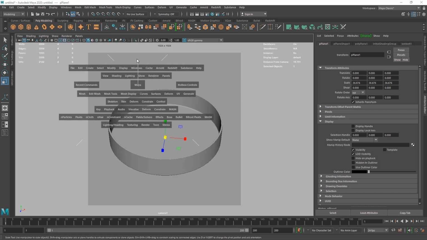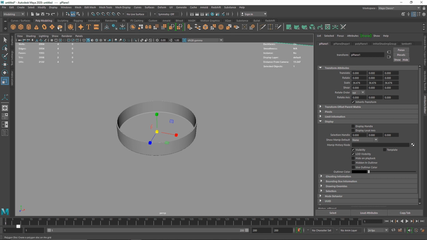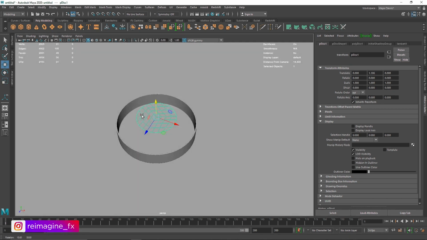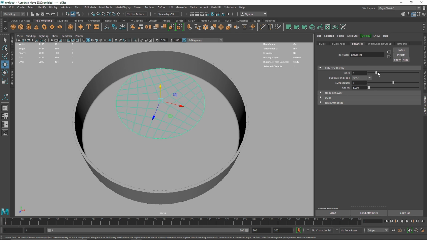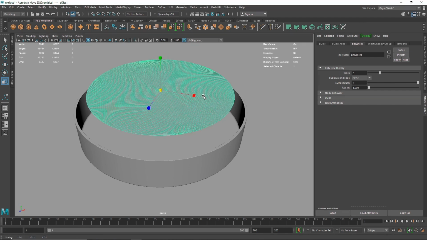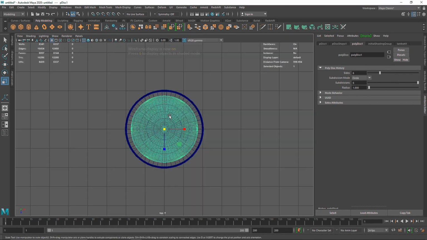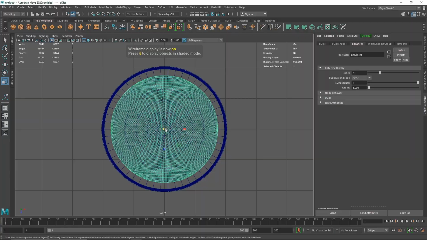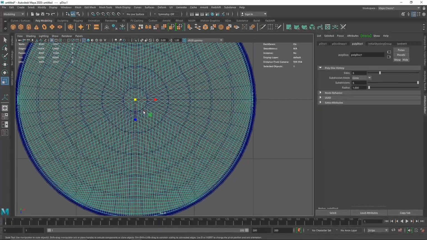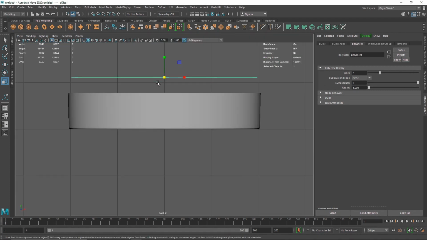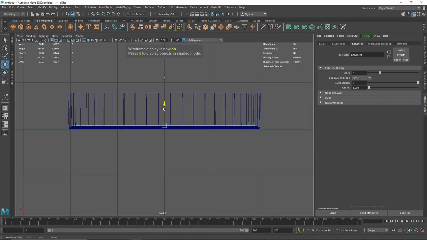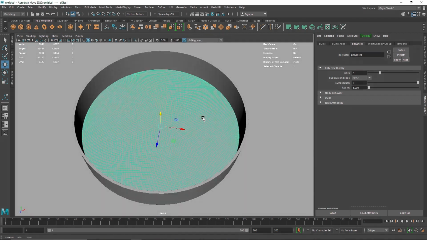So let's get on with the overall fluid here. I'm going to take a simple disc as my base for the fluid effect. You can take any primitive that you want. You can pretty much try this with any primitive. In the poly disc, I'm going to increase the size to maybe something like 6 and the subdivision level to 6 as well. So I'm going to scale this up, go to top view, make sure you hit 4 to see this in wireframe, and you just have to touch the overall container. If you intersect it, don't worry about it, it's not going to be an issue. But yeah, I'm going to lower this down to right about there. Alright, so that looks good. So we are good to go.